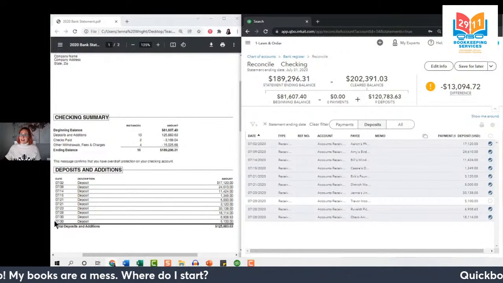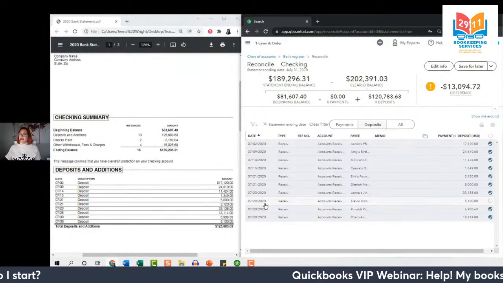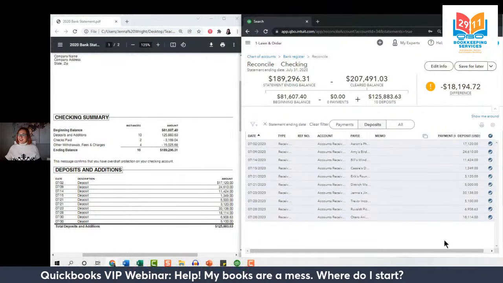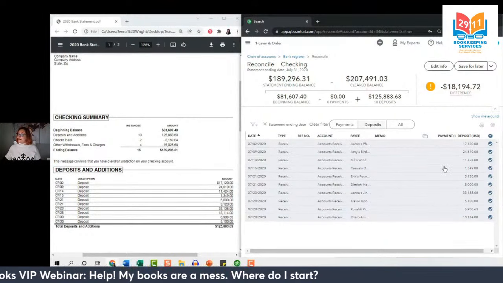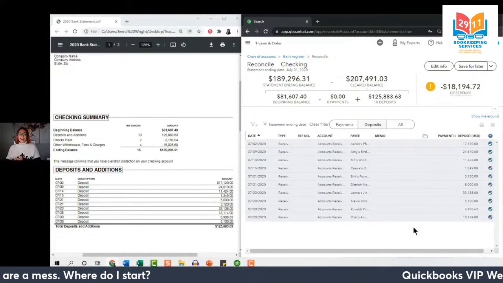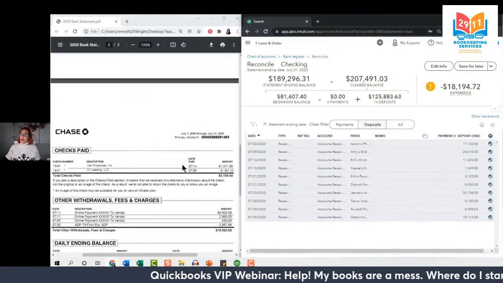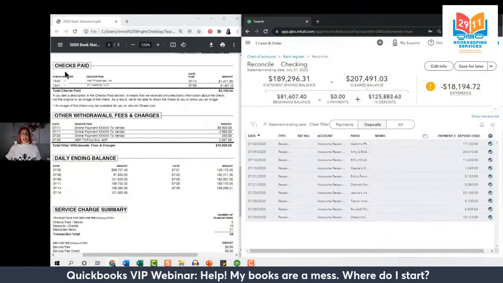And last one here, again, we've got on the 30th, $5,100. The 28th, so slight date discrepancy again, but $5,100. Perfect. All right, so we have accounted for all of our deposits and only what we see here in the screen. We dealt with everything in the moment. That's exactly what we should have done. So let's go ahead and flip over and take a look at our money out.